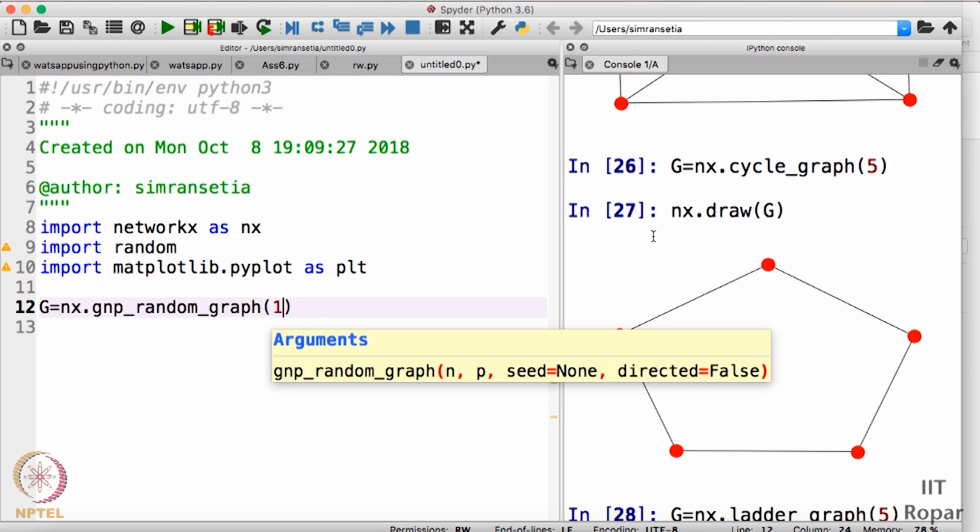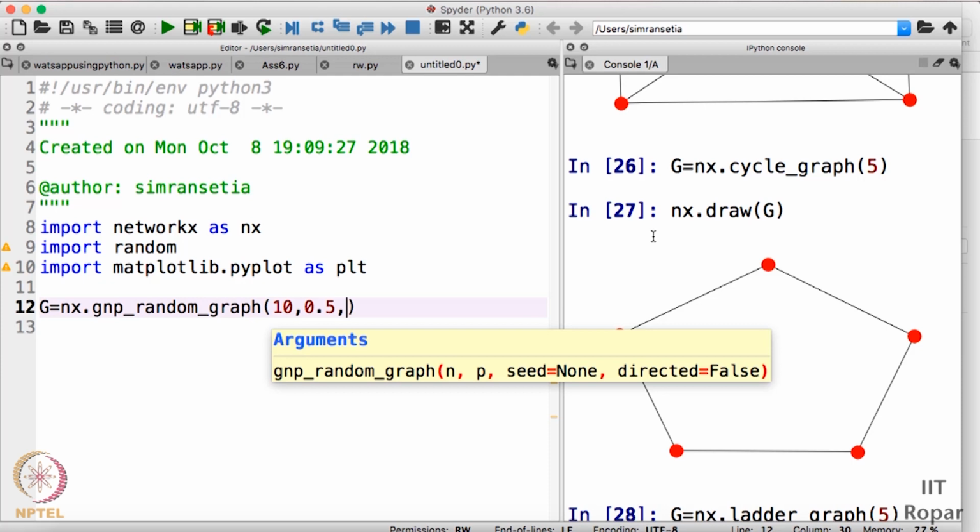So I'll take 10 nodes here, and I'll also take the second parameter. The second parameter is the probability of edge creation. So I'll take it as 0.5, and then we also need a directed graph in PageRank.